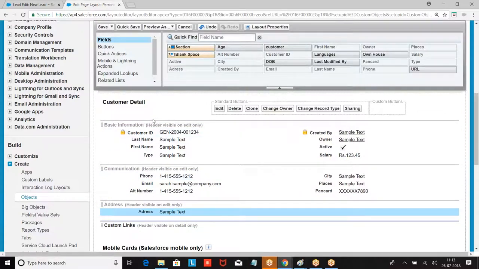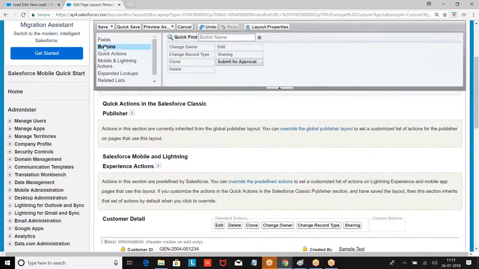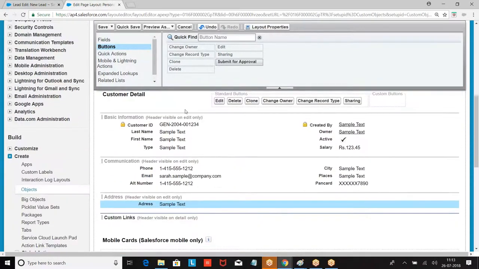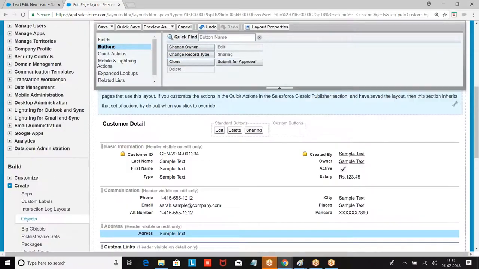Then I created it. So what did I do? I created a section. I told which field should be displayed, which field should not be displayed. Then on the top of it, what we have? Buttons. You are finding a button, right? Which buttons you want? If you don't want the buttons, remove them. Clone. I want submit for approval. Organize the buttons which you want. Right now, what we have learned is only this. We created fields. Now we are organizing the fields. This is only the topic which is covered as of now.